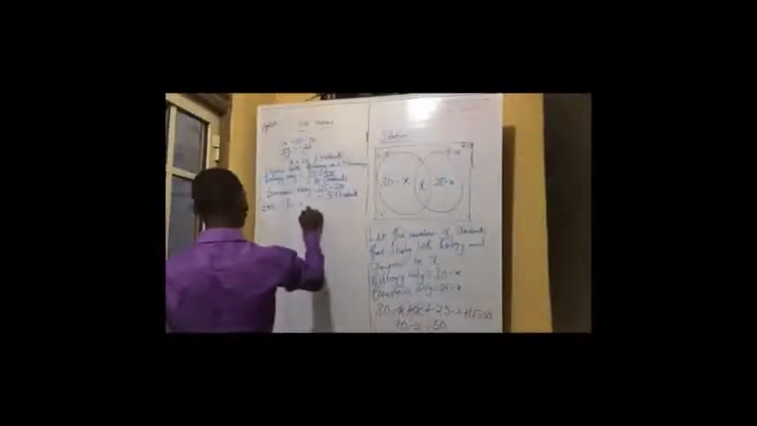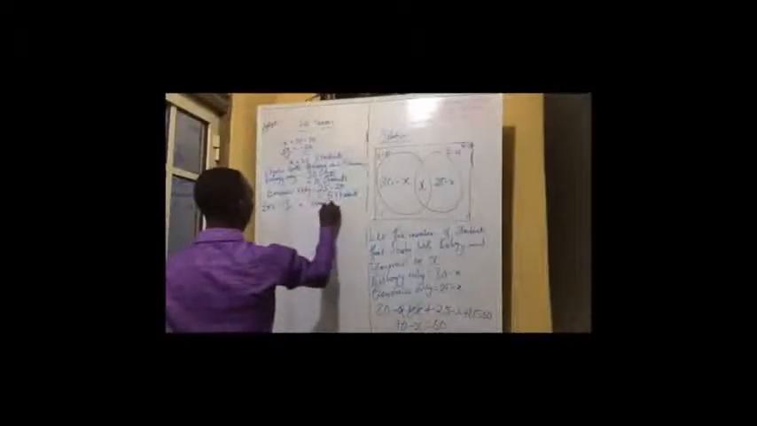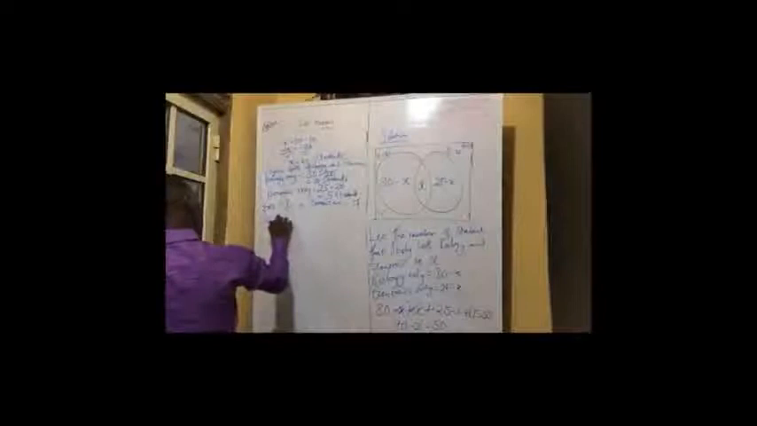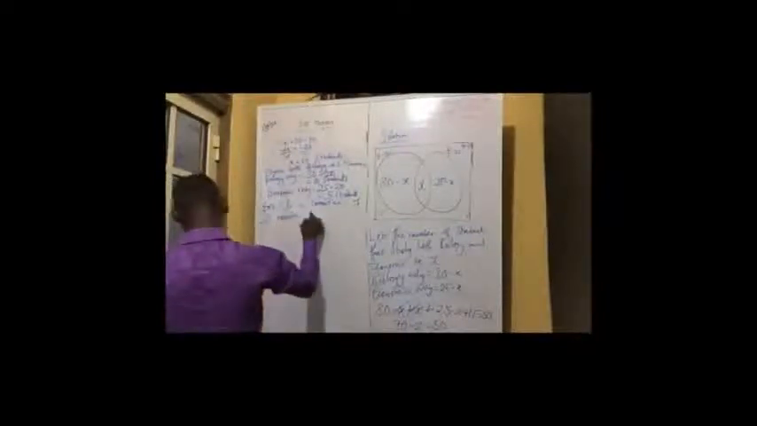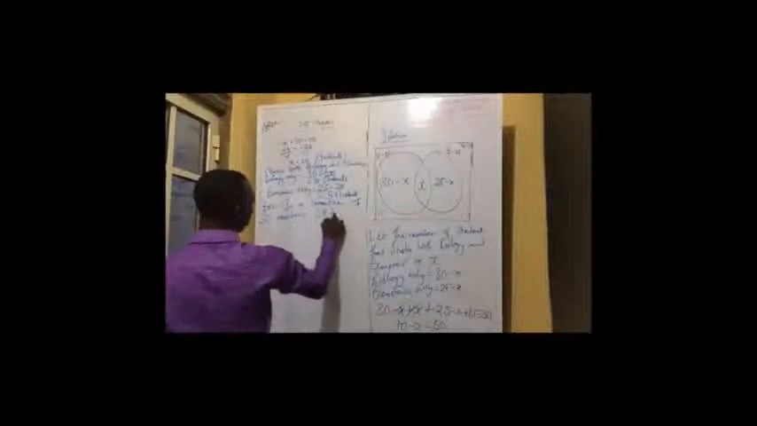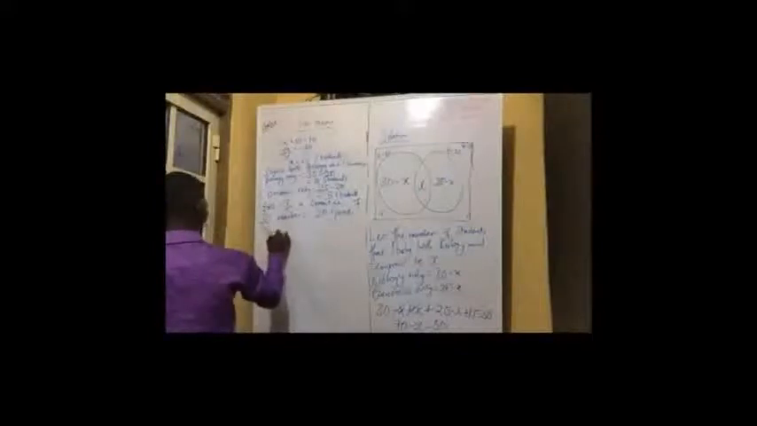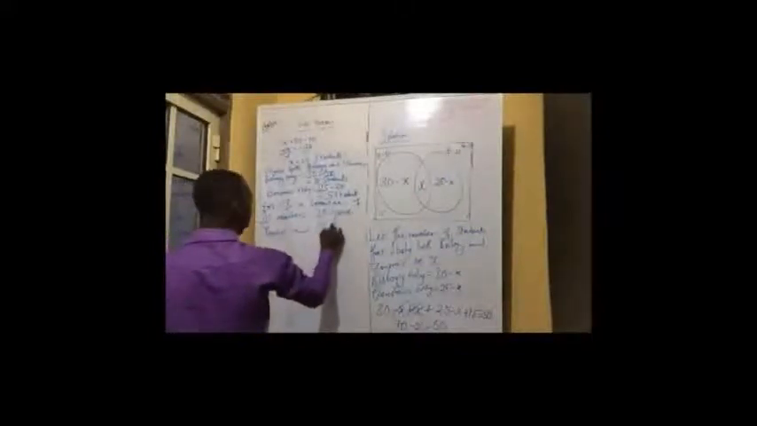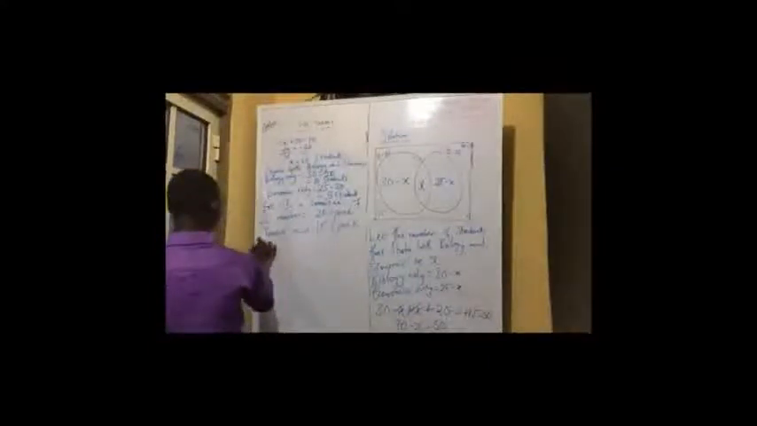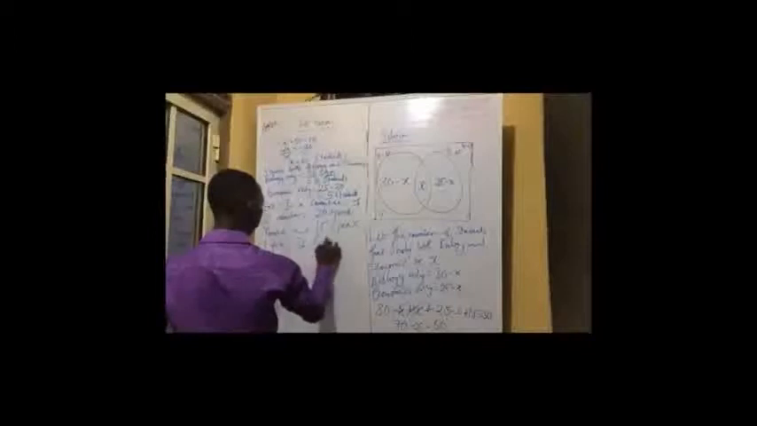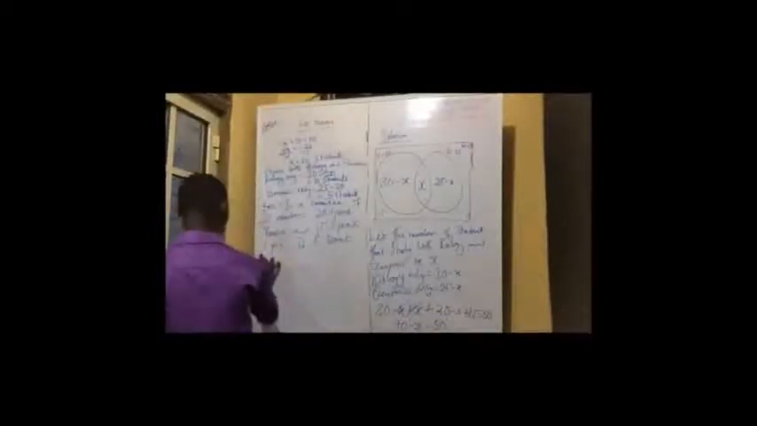Example 2. In a committee of 30 members, 20 speak Yoruba and 15 speak Igbo. Full stop. If 8 speak both languages,